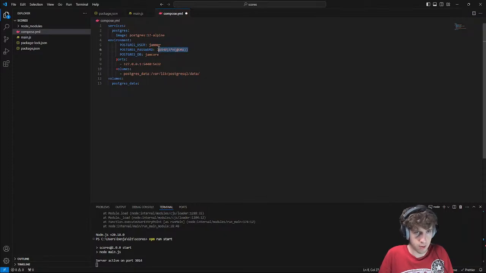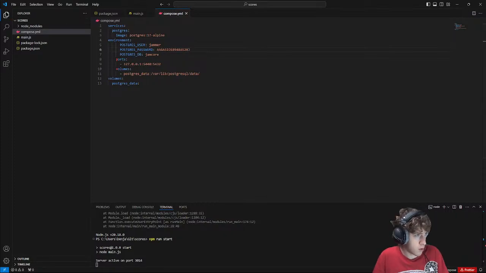I might as well just throw numbers in there. Nobody else is going to be able to interact with this at all, because it's just never going to touch the internet. It's only going to be my local machine, so I don't care if I show the password here. I could rotate it out later anyways, but I don't really need to. 5441 for the port.